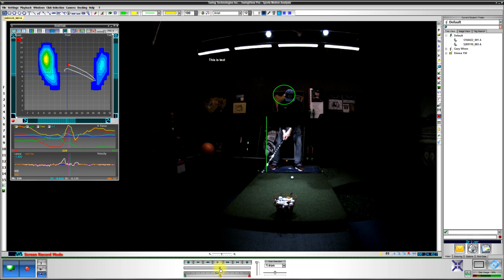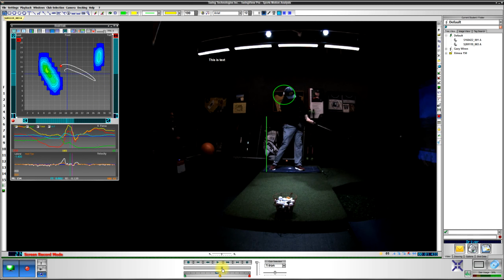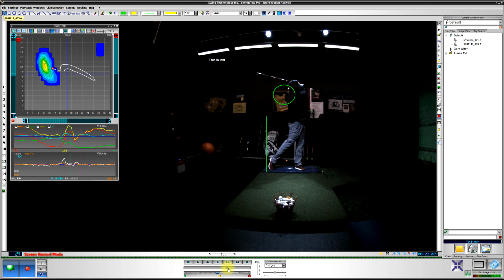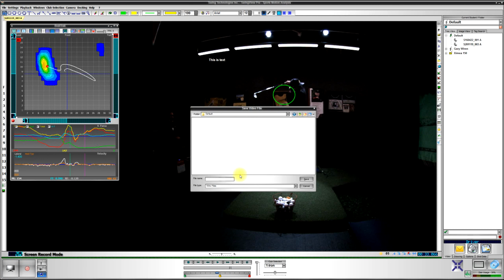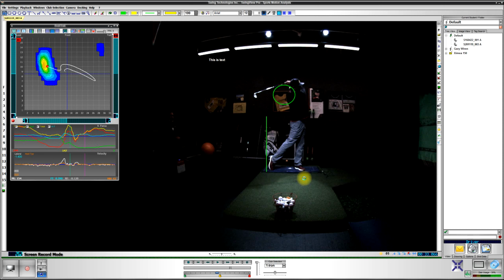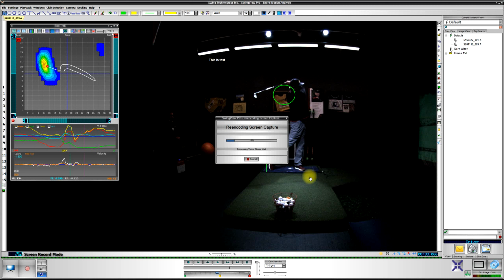So as I move through here, everything that I'm saying and everything that I'm drawing is being re-recorded to a new video file. When I'm done with my screen recording, I click the Finish button, and a window will appear asking what I want to call this file that I just recorded. So let's call this Demo Recording, and click on Save,